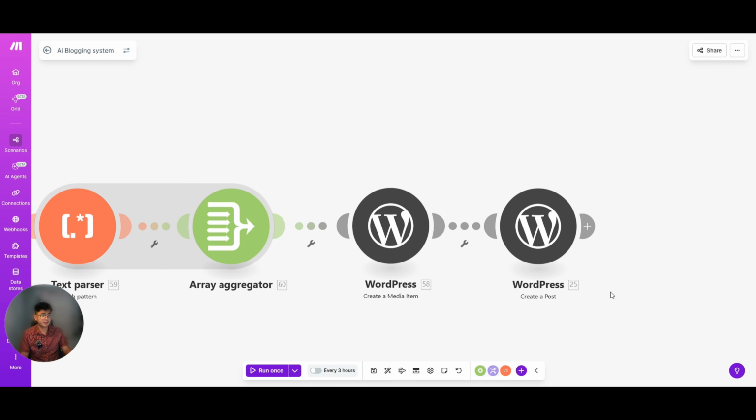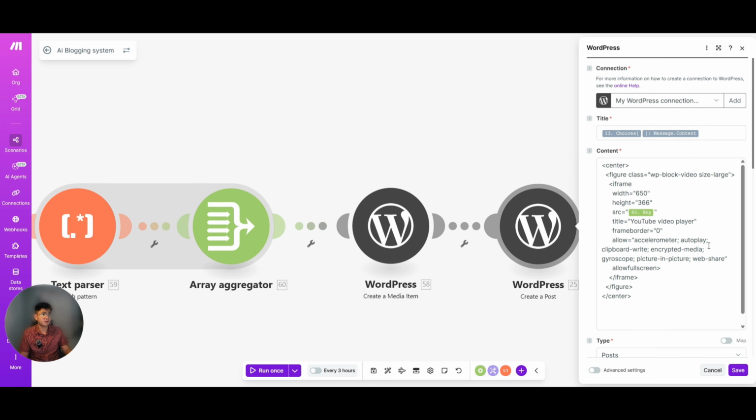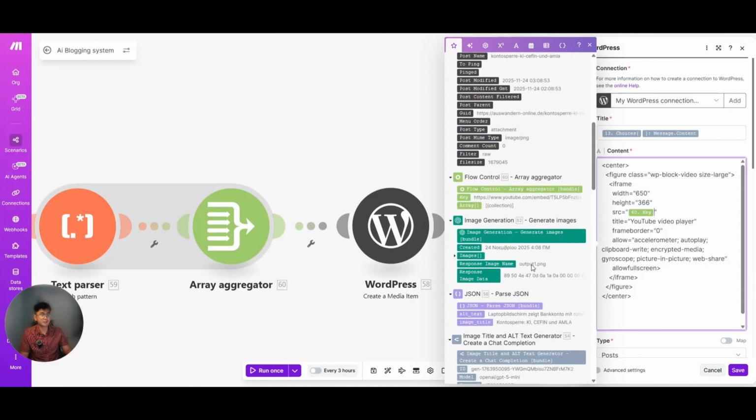Now for the final step, we will publish the post using this WordPress create a post, where we will map all the generated output from the previous modules, where this is the embed link. We can now get the clean embed link from this array aggregator module and paste it here.